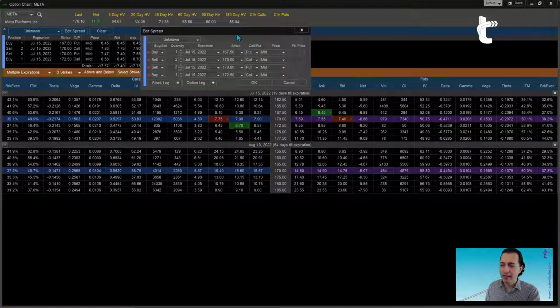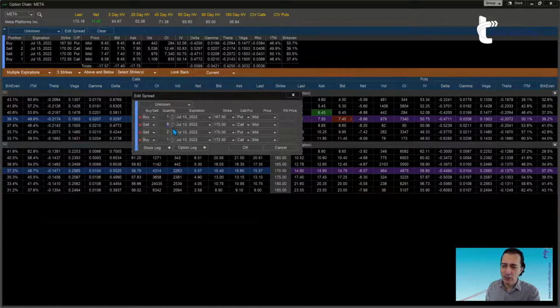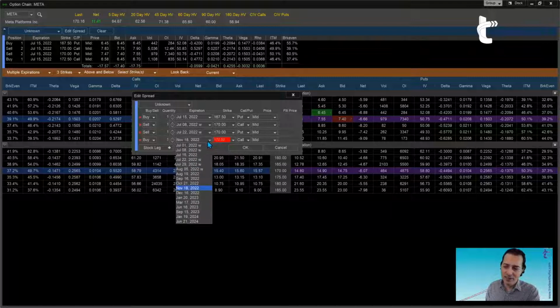Okay, and apart from that, what else can we do? I'm going to go back to 1. What else can we do? We can change the expiration date. Now, here's a trick. If I change the expiration date in any of the legs but the one on top, this allows me to change, and I could, even if I want, have each leg be of a different expiration date. Okay, and this shows in red because the numeric expiration does not have the 172 strike.